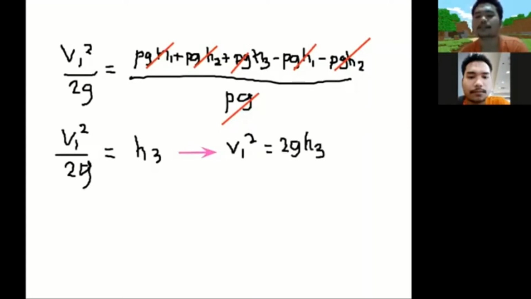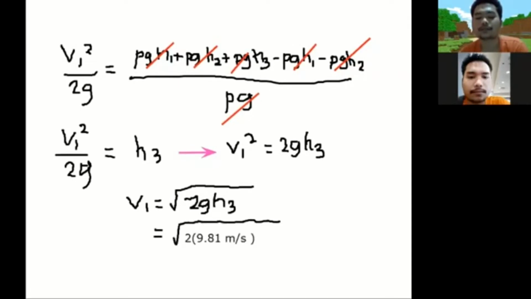So we will have this: V1 equals square root of 2gh. So plugging in, we already know that the gravity is 9.81 meters per second squared. Noting that 12 centimeters is 0.12 meter,